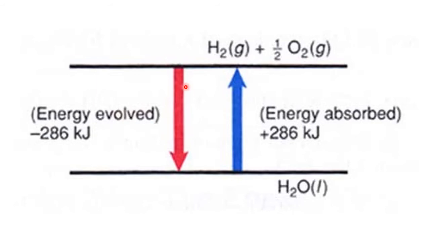Now hydrogen with oxygen, best friend. So hydrogen plus oxygen gives water. So to form 1 mole of water, okay, energy evolved is minus 286 kilojoules, whereas the same energy is required to decompose 1 mole of water. So both are equal here. That is what he wants to show here. So to decompose, 286 kilojoules required. When it forms, the same amount of energy is given out.